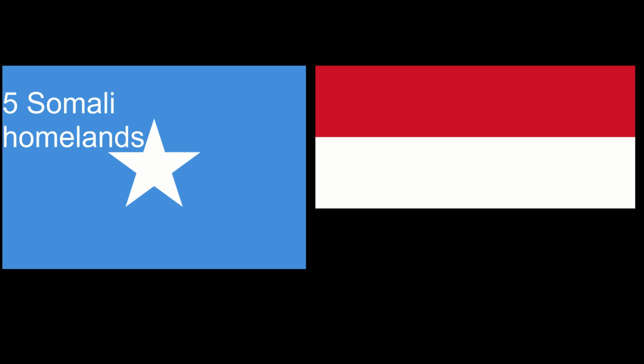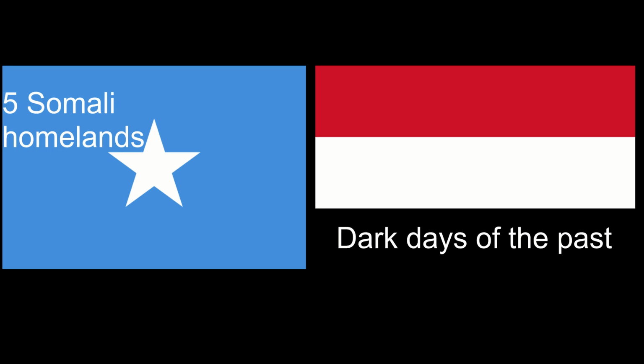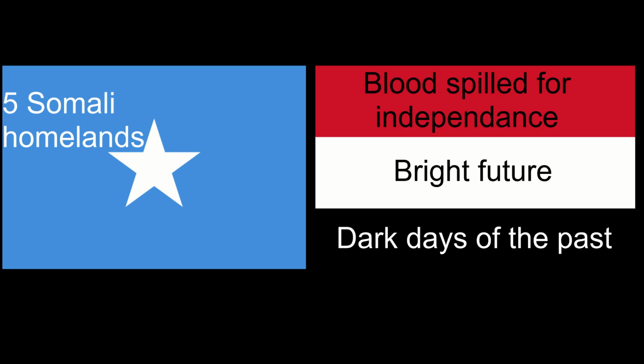In the Yemeni flag, each of the 3 colours represents a part of the country's past or future: black for the dark days of the past, white for a bright future, and red for the blood spilled in gaining independence. These all feel very integral to the flag's meaning, so I wanted to include these colours without